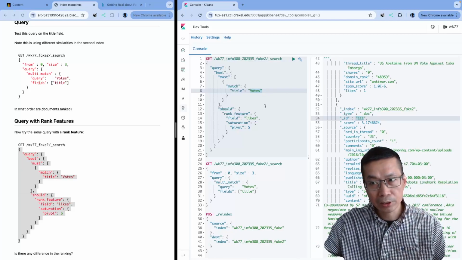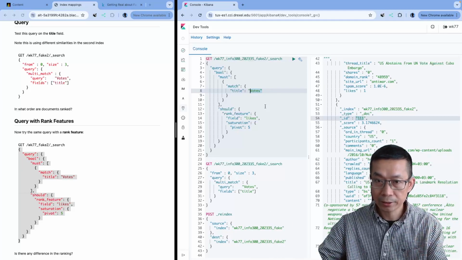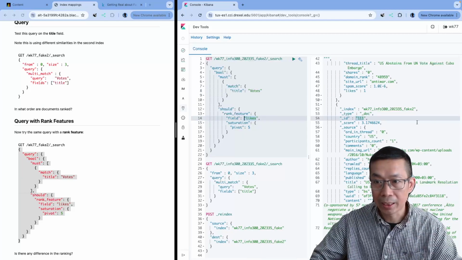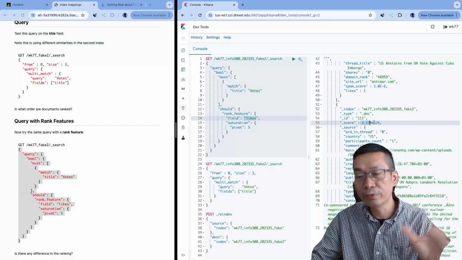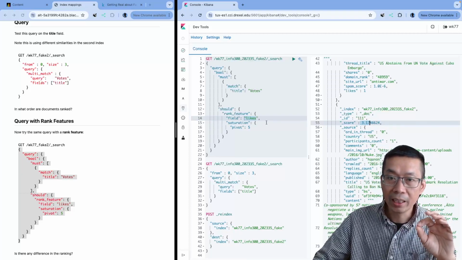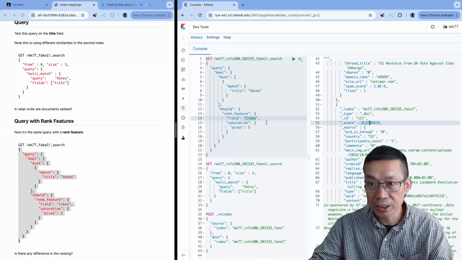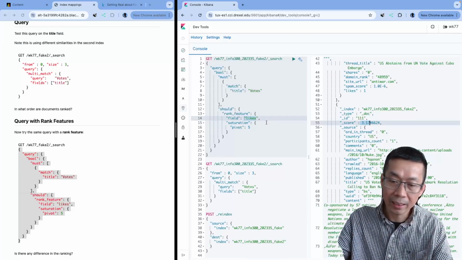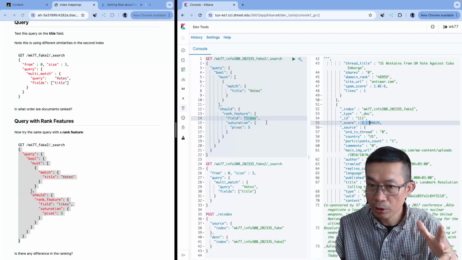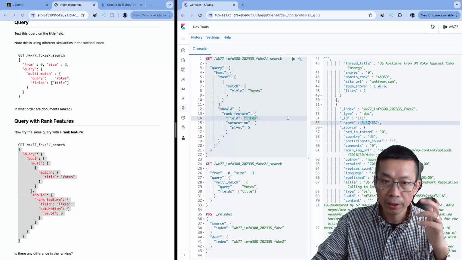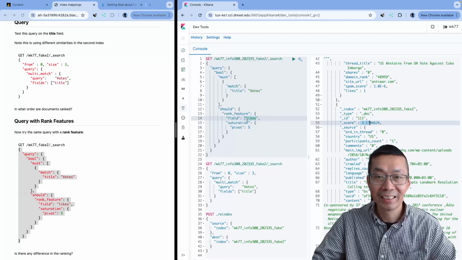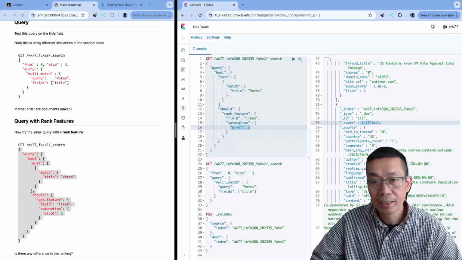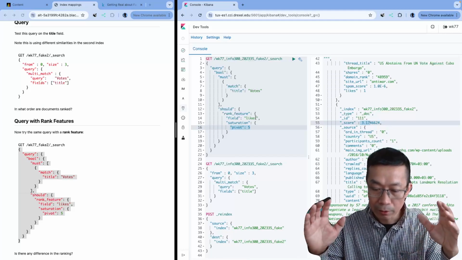And I want to avoid a situation where the likes can totally dominate the equation, because think about it, the score is just 3 or 4 or 5, right? It's a small score, but the likes can be 400, even 1,000, a huge number. If you add the likes to it and likes are hundreds or thousands, that would totally dominate the equation. And so in that case, I want to dampen the impact. And so you can introduce this saturation function with the pivot value. I don't want to further elaborate, but briefly,